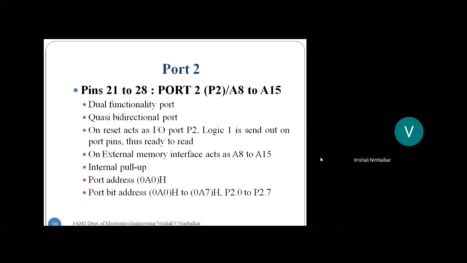Just put that microcontroller on the breadboard, only a few connections. Give VCC 5 volt, pin number 40 VCC, pin number 20 grounded. Connect the crystal oscillator in pin 18 and 19. That's it. And then check each and every pin. On each and every pin, you should see 5 volt, 5 volt, 5 volt, logic 1, logic 1, logic 1 on all the pins. If you get that, it means your microcontroller is correct. It means it's in working condition.